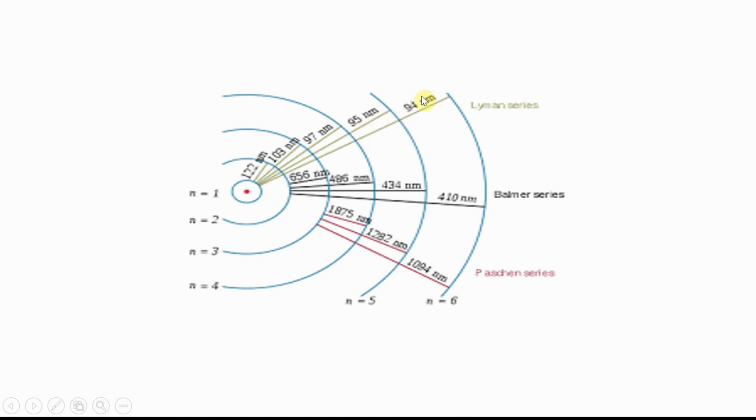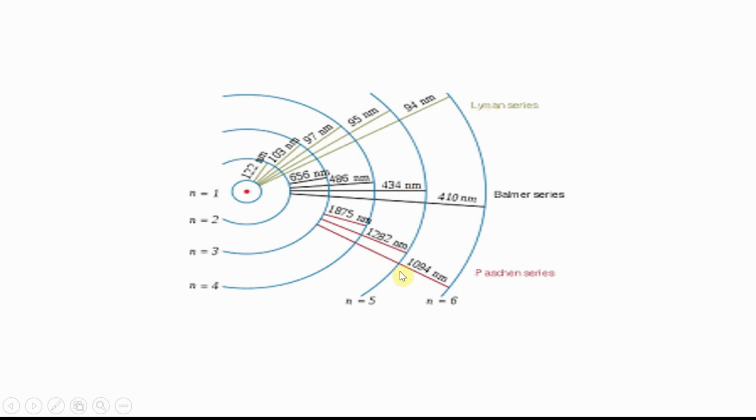You just see this one is the wavelength range, nanometer order. These are the wavelength ranges. These series spectra have different wavelengths, I have already told. So these are the different wavelengths. Next, you can observe easily that from any higher orbit, from the 6th to the second orbit, from the 5th to the second orbit, from the 4th to the second orbit, from the third to the second orbit, here all the series spectra, this combination, the blackening in color, is known as the Balmer series. Here the yellowish color spectra is known as the Lyman series.